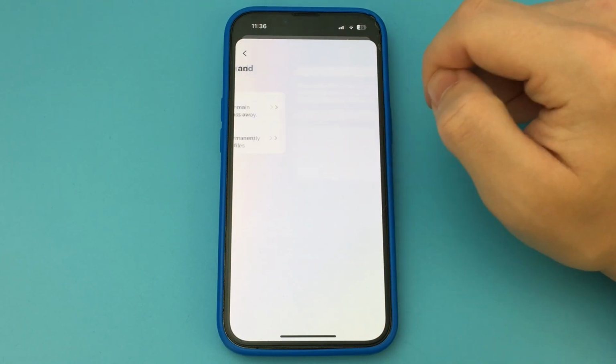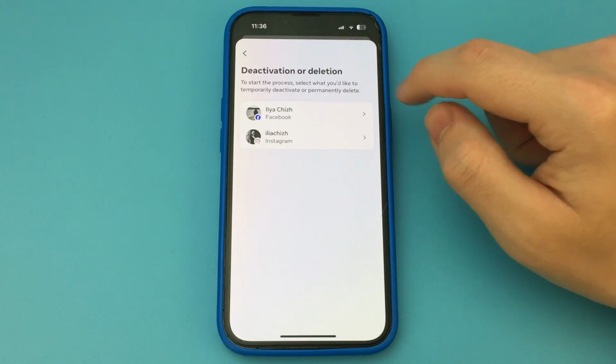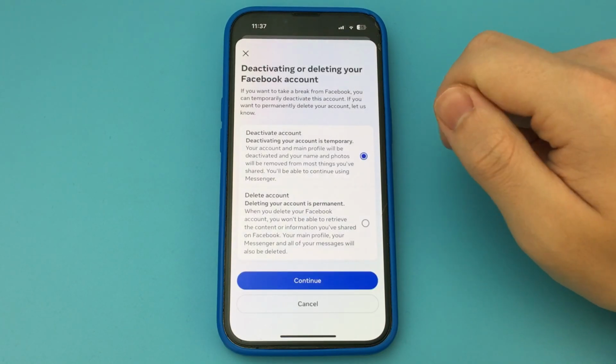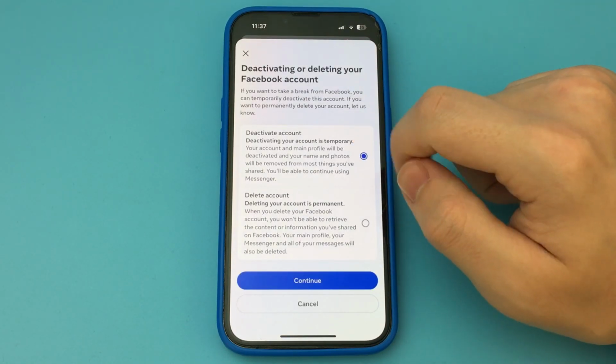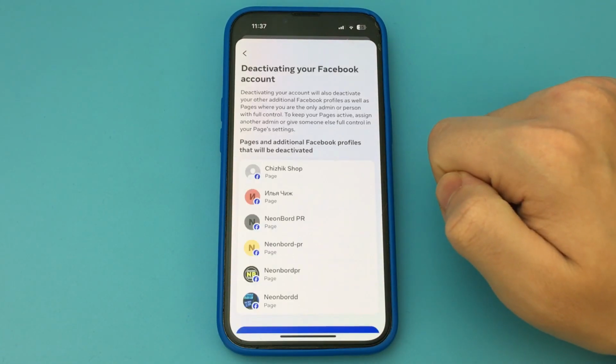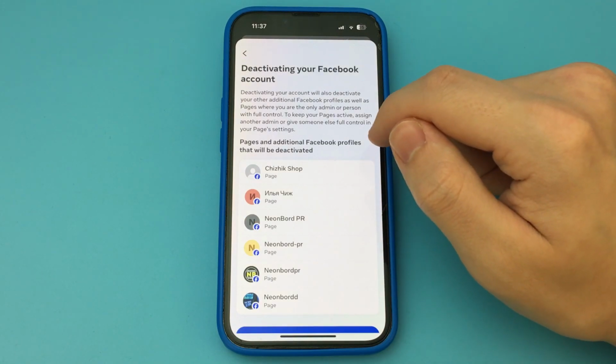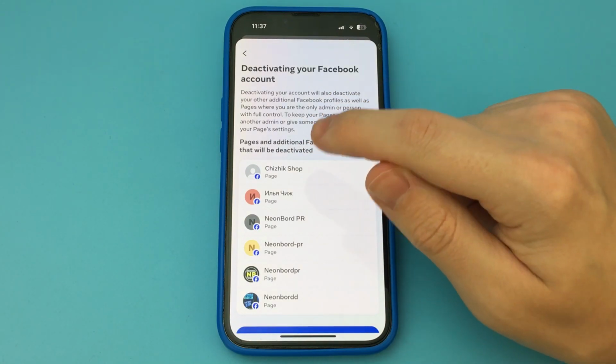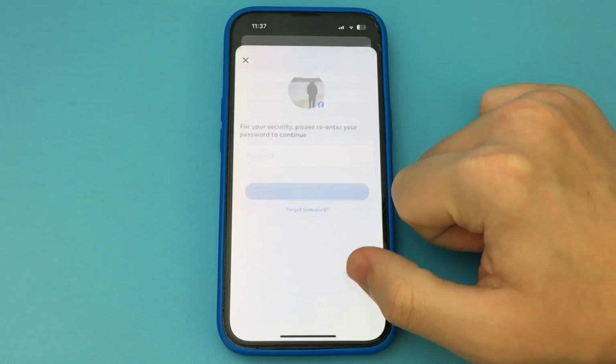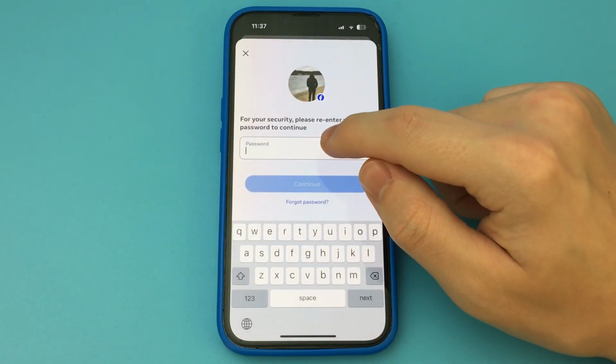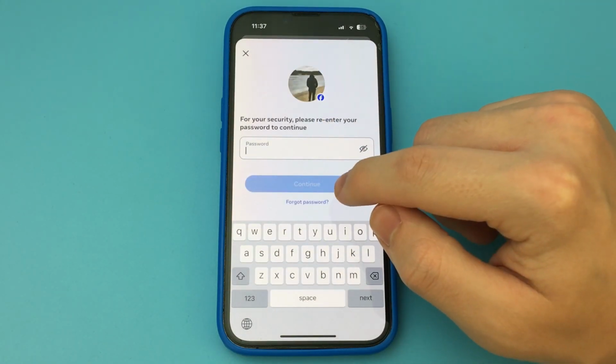Click Deactivate. Click Next. Here we see that all linked accounts will be deactivated. Click on Next. Here we just enter the password for our account. Next, we need to select one of the items. I would suggest choosing the topmost item, which says that you will get your account back later.